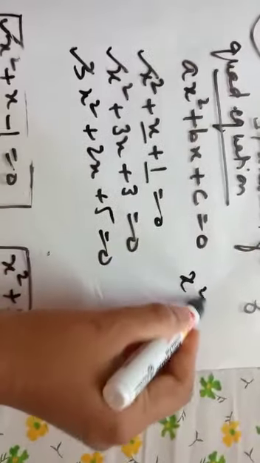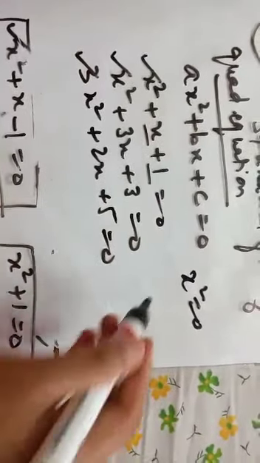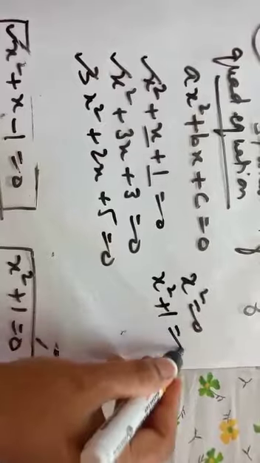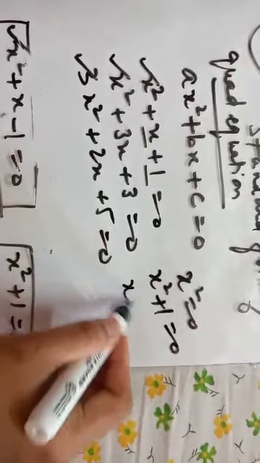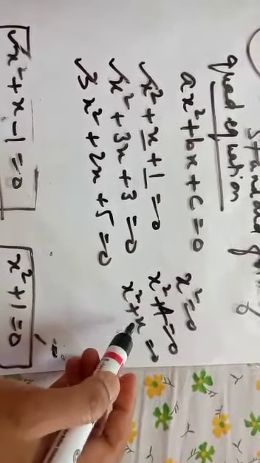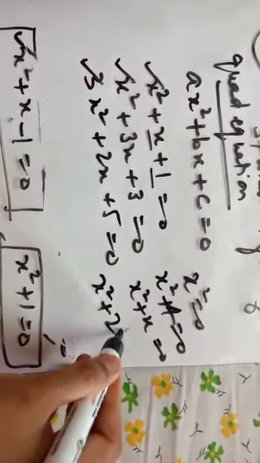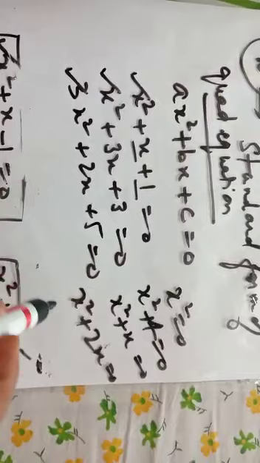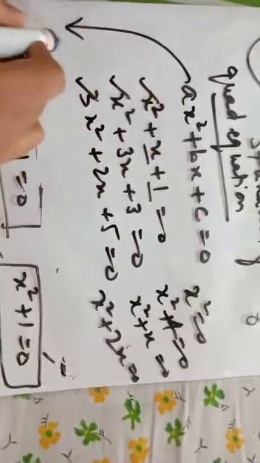If I write x square is equal to 0, this is also quadratic. If I write x square plus 1 is equal to 0, this is also quadratic. If I write x square plus x is equal to 0, this is also quadratic. Now this can be x square plus 2x is equal to 0, this is also quadratic. So the only condition which I have is that the x square term should be there, and that means a cannot